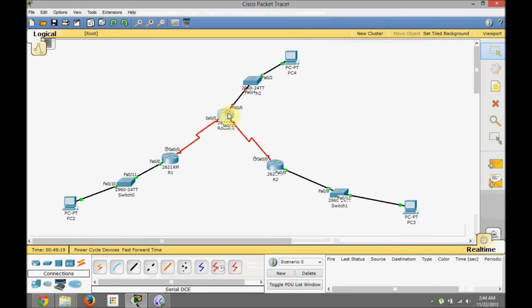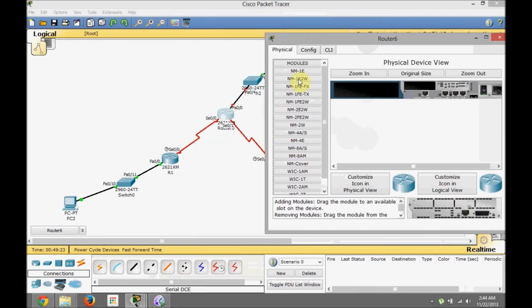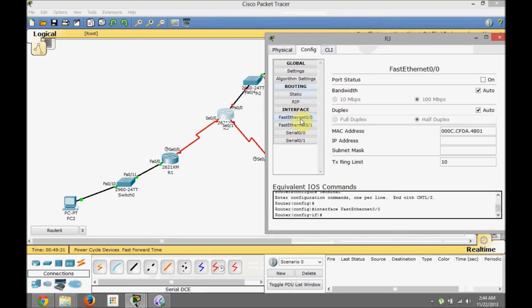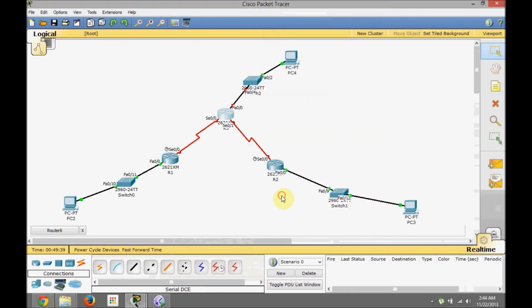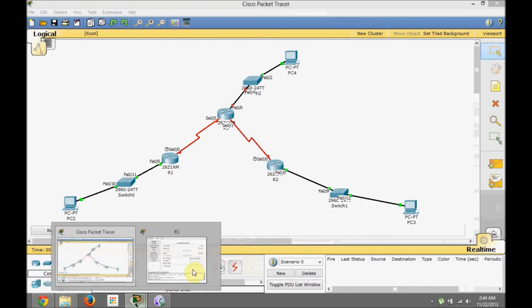Do the same thing with this router, change the router's name if you like, and go to the interface, this interface right here. I have given addresses up to 4, so I will use